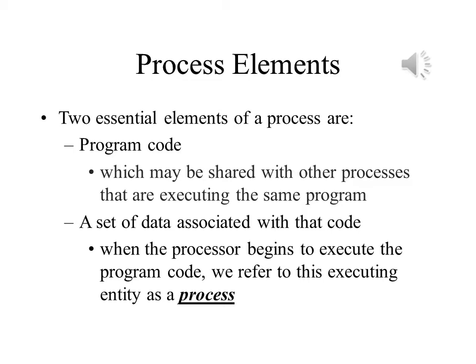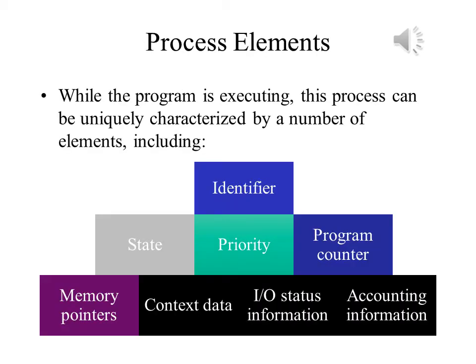Let us suppose that the processor begins to execute this program code, and we refer to this executing entity as a process. At any given point in time, while the program is executing, this process can be uniquely characterized by a number of elements, including the following: an identifier, a unique identifier associated with this